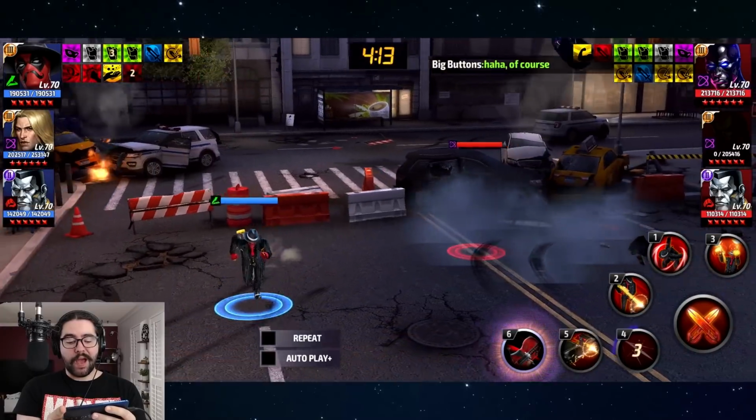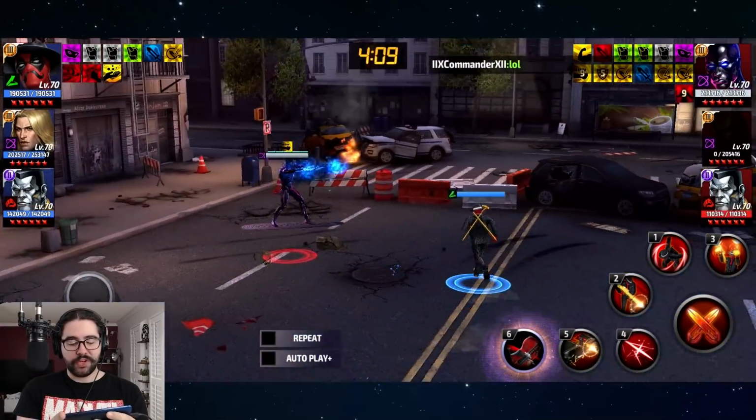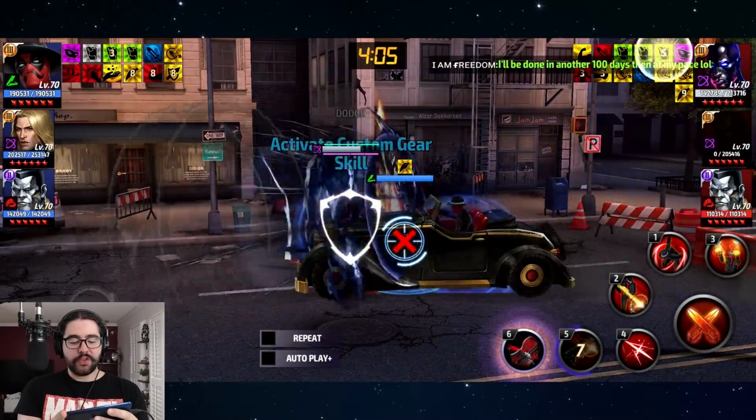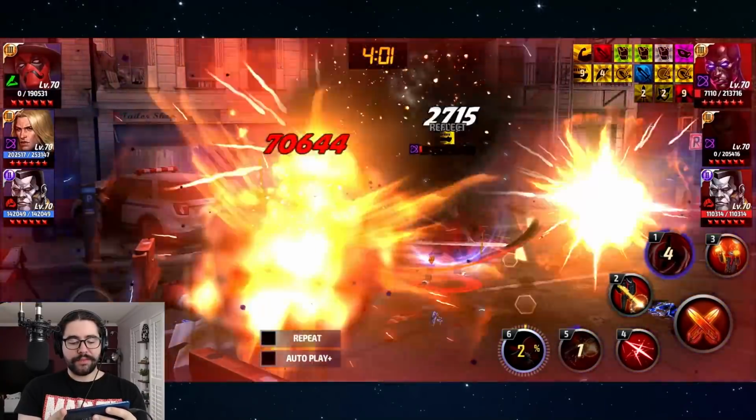Here, we just have to bait out his skill. He has a reforged CTP of regeneration here. We just got to bait this out, and then we can try to kill him here. He might interrupt us, so we're going to do the tier 3 skill, but...